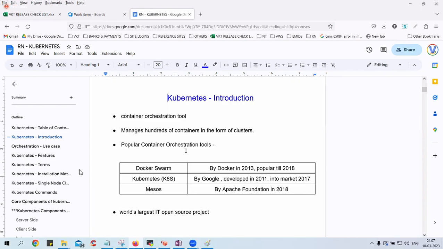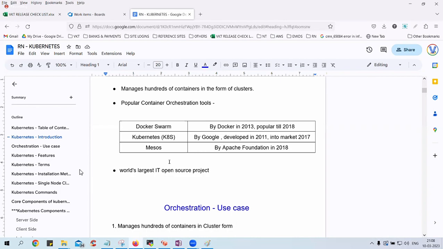Docker Swarm belongs to the Docker company, Kubernetes belongs to Google, and Mesos belongs to the very famous brand Apache Foundation. Okay. We don't know, maybe 2 or 3 years from now, people may run behind Mesos, guys. The reason is people are feeling a little complexity with Kubernetes at this point. That's a market trend analysis I'm talking about. People have started looking at alternate choices. We don't know what happens in future, but that is the current analysis.